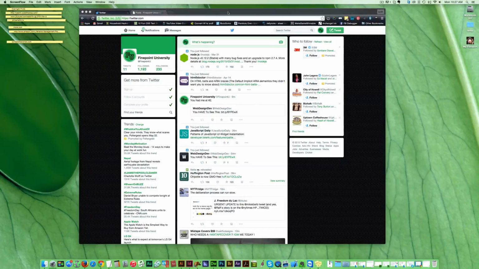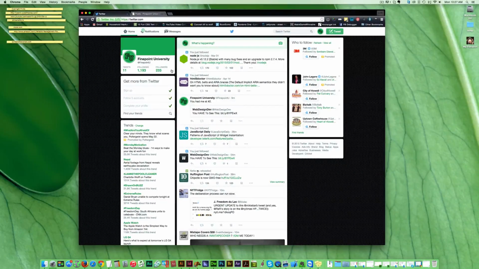So what I have is I'm logged into my Twitter account here. And you'll see below each tweet, there's a whole bunch of different options here. You can reply to the person, you can retweet it, you can put it into Pocket, you can just favorite it. But you also got this little option down here with these three dots where it says more. So if I click on that, you get a couple more options here,